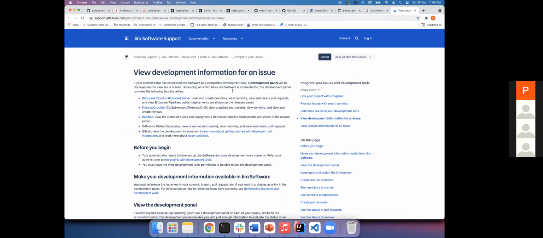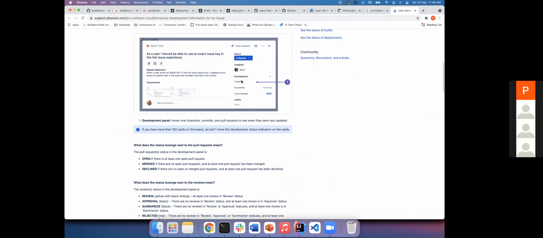This picture, you see, right? Someone created a bug with the ID SMART-1032, and as a user should be able to use the exact key in the link issue description. Blah blah blah. Someone created an issue. And in that there is something called assignee. Let's say Shijo is working on this, so his name will be assigned. This is a Jira tool I'm explaining, but don't get into it too much. What I wanted you to understand is there is a branch, right? You see, there is something called a plus button.